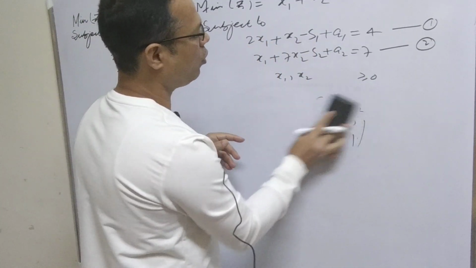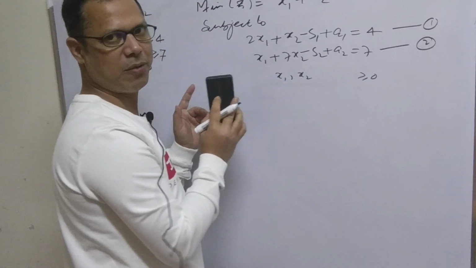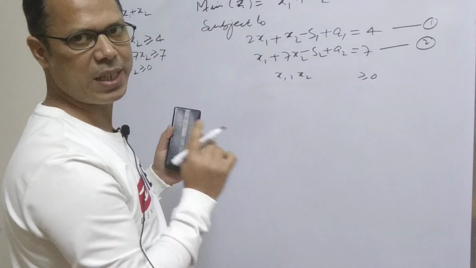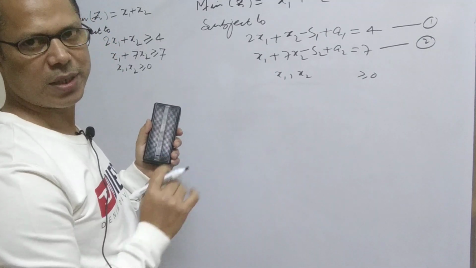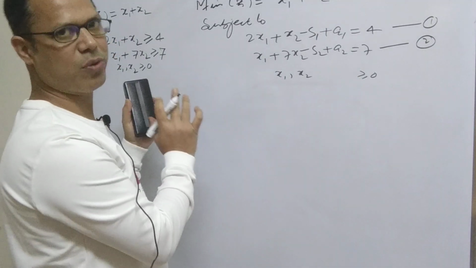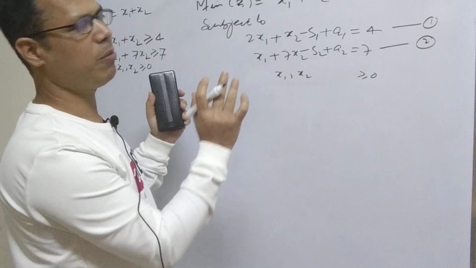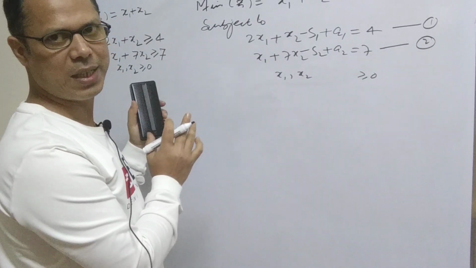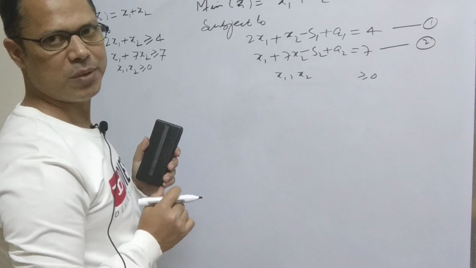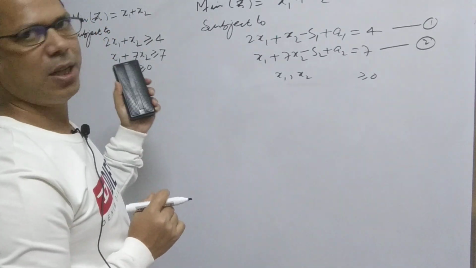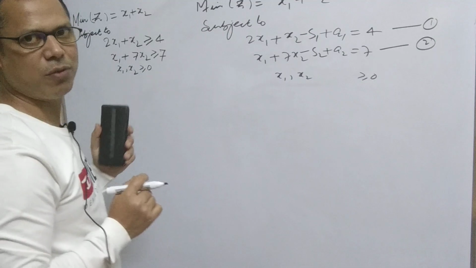It means that variable will be considered as a basic variable. So which variable is going to give you the unit matrix? That variable will be considered as a basic variable. That is the condition. And there is another definition also for the basic variable. So this is just to draw the table. We must know which variable is going to give you the unit matrix. First we will consider that variable as a basic variable and we'll proceed to the next table. So for the initial table, first we need to see which variable is going to give you the unit matrix.